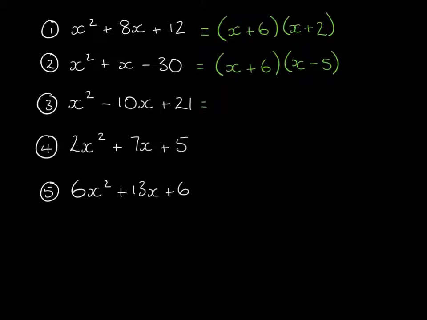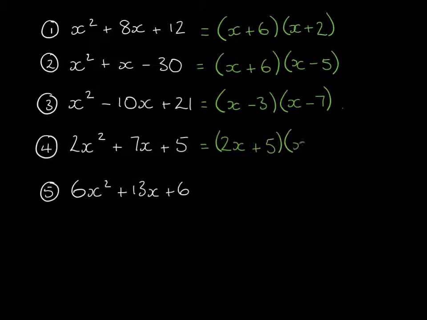With question 3, this is the one I told you to be careful with the signs. Both the numbers in the brackets are negatives, but a negative times a negative gives you a positive answer. That's why that's plus 21 at the end. Here you have 2x plus 5 times x plus 1, so the ratio should have been 2 to 5 and 1 to 1. And the last question, this is a bit more tricky. You should have 2x plus 3